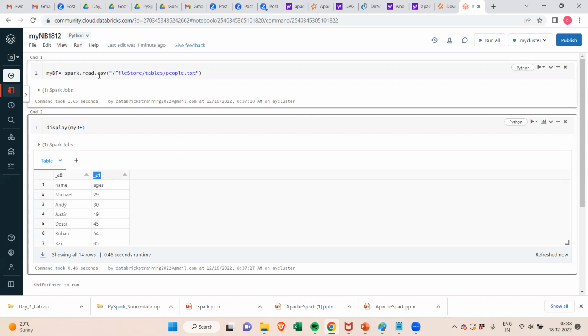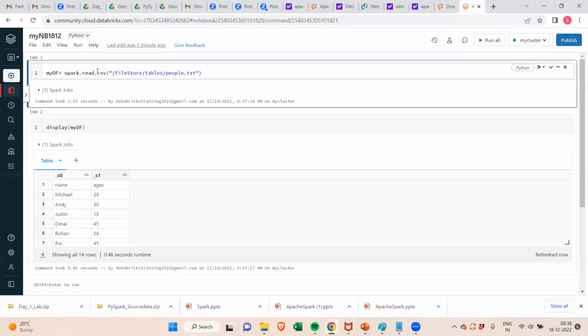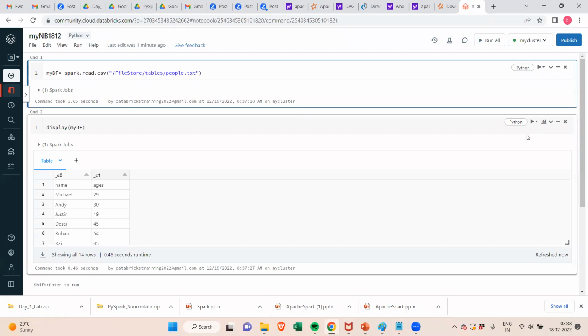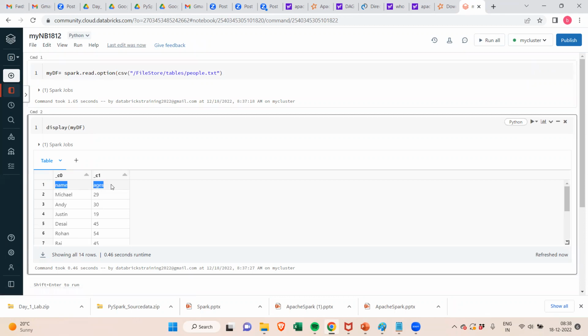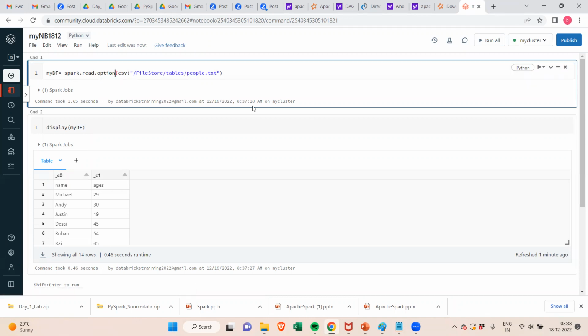Now here there are some options you have to use. What is option number 1? Suppose I know that there are two columns, name and ages, and I want to use these columns as part of the data structure. It means that I can use